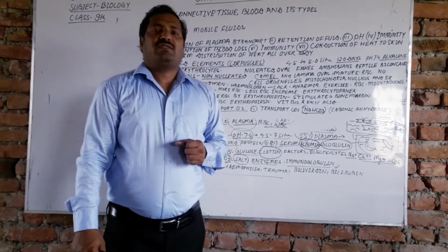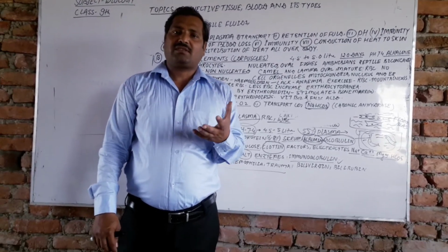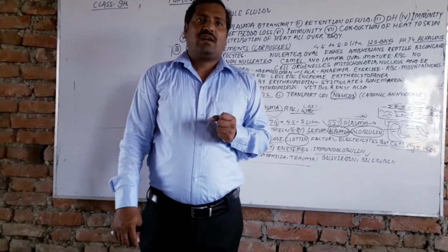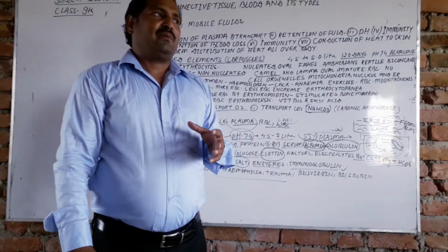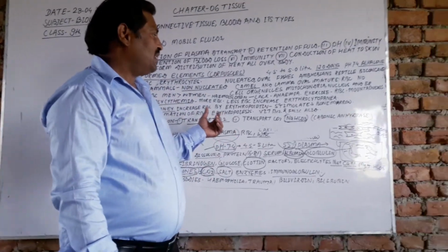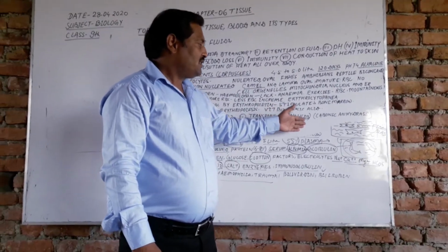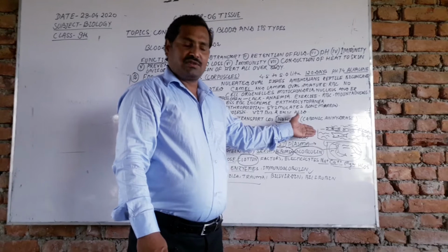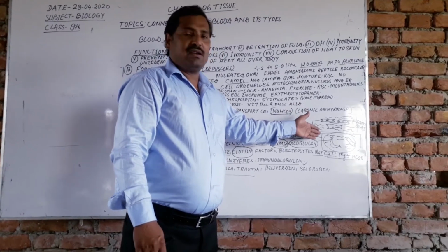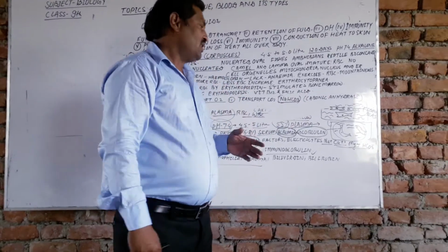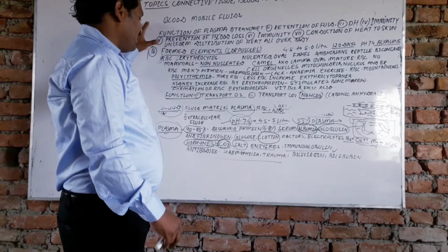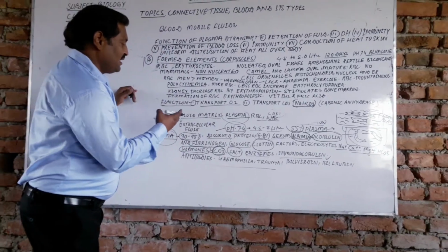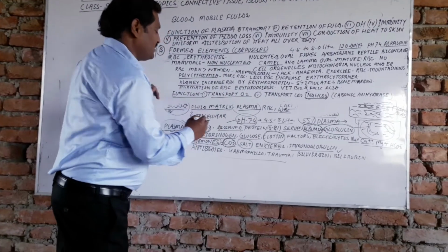So dear students, in the previous class we discussed connective tissue. In connective tissue we mainly discussed blood, as well as the different dense and loose connective tissues: dense regular, dense irregular, and areolar tissue. We also discussed that blood is made of different components: the matrix, plasma,